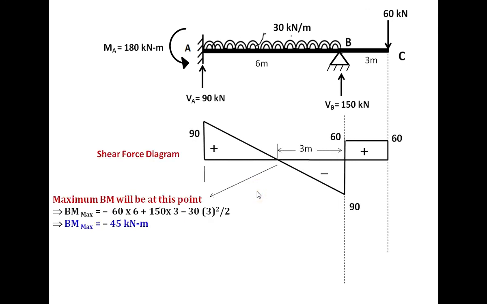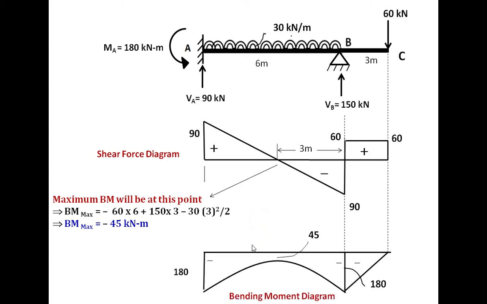In order to plot the shear force and bending moment diagram, the shear force diagram will have 90 coordinate upward, then there is a downward gradient of 30 into 6, that is 180. So again 90 will be there as a negative 90. When we add 150 to negative 90, it will become plus 60, and then there is no load, and this 60 downward will make it 0. This is the point of maximum bending moment because it is a point of zero shear. Since this 90 and 90 are the same here as a similar triangle, it will become half of the 6 meter, that is at the 3 meter.